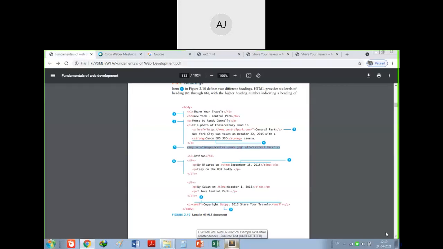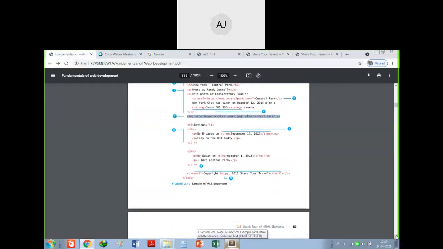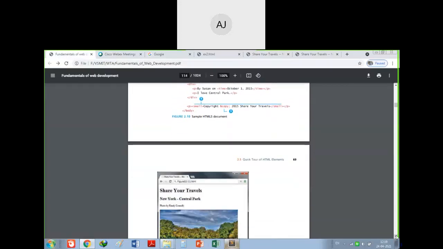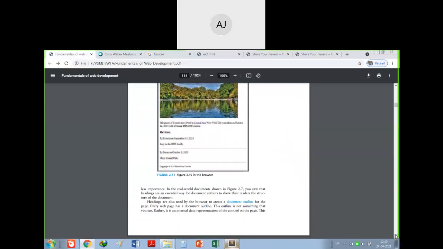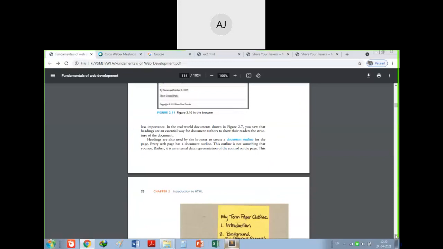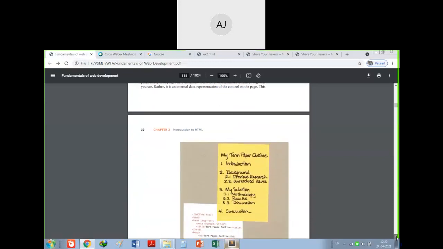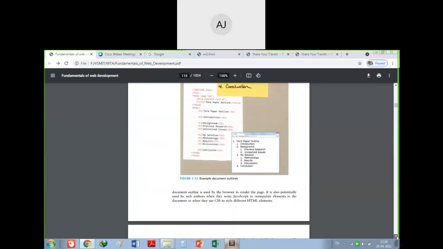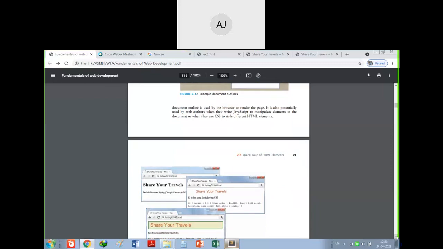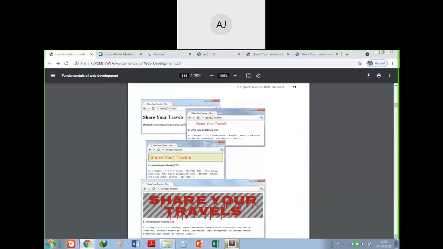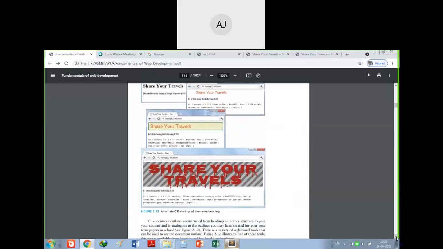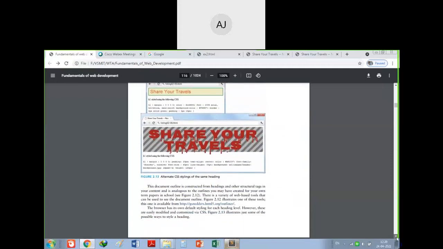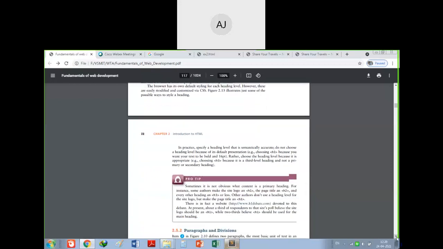Next one. So this is the output. He has shown what exactly he has created as the web page. You can also create your own web page by specifying your image and all your information. That is what we wanted to tell. By using text and images, you can create your own websites. That example he has shown here.